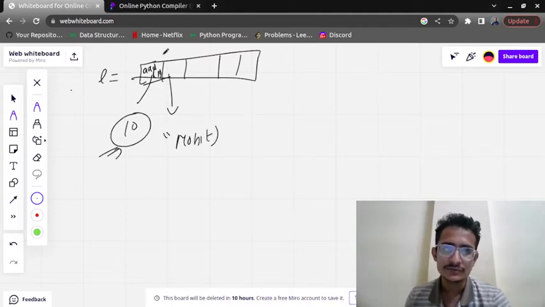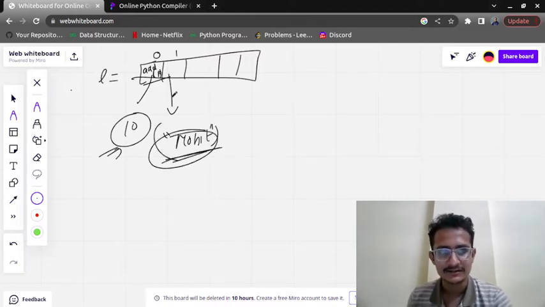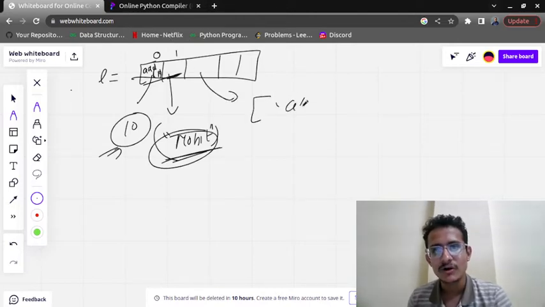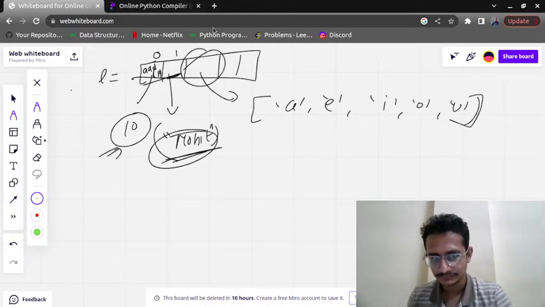So this first index will store the address of Mohit. Wherever it is written, we don't care. It is written somewhere randomly in the CPU, and this will store the address of that. Suppose here you added a list of alphabets A, E, I, O, U. We know that this much space is not present in this single block, so it will store the address of this vowel list.